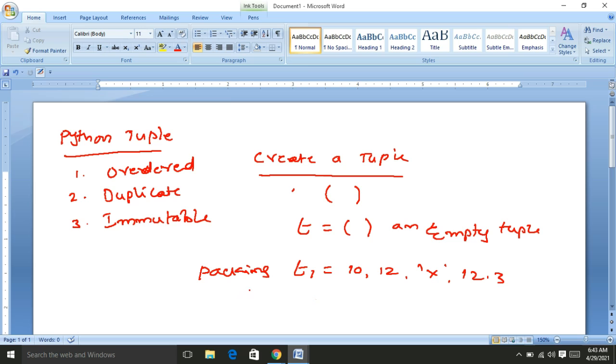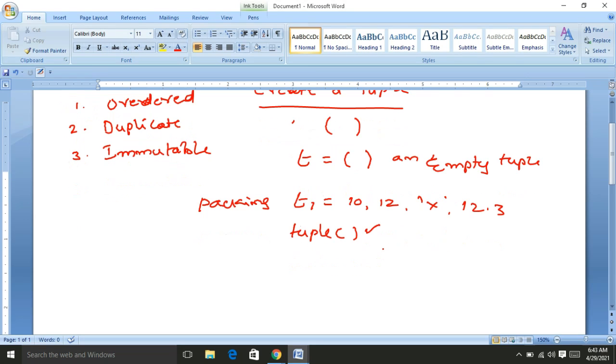Another way is using the tuple constructor, where we change other kinds of data elements into the tuple type. Suppose I already have a list L1 with certain values 12, 13, 14.